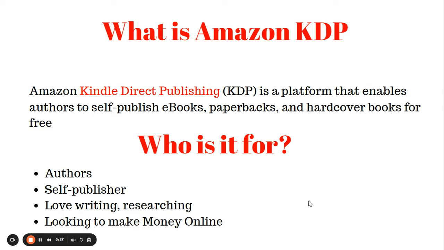They have everything there. So part of a section on Amazon is the KDP part, which means Kindle Direct Publishing. Kindle Direct Publishing is a platform that enables authors to self-publish ebooks, paperback and hardcover books for free. Like I said, everything there is for free. So you might be thinking, I don't know how to write a book, I can't be an author. Don't worry. By the end of this video, it will be much more understandable that anybody can write books. All you need is the knowledge on how to start or where to start, which I'll be breaking down